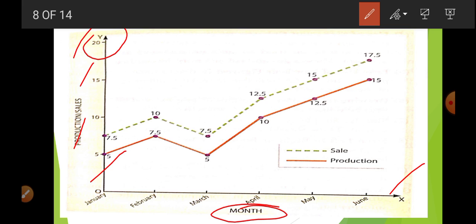Okay, to make the difference, production is represented with the red line and sales is represented with the broken line that is of green color. So in this way it is clearly shown, production and sales are given. Okay,